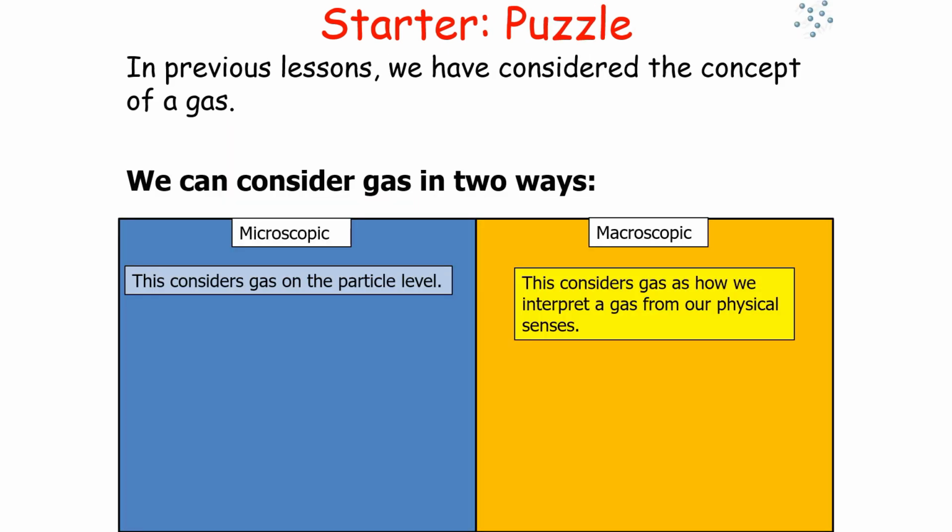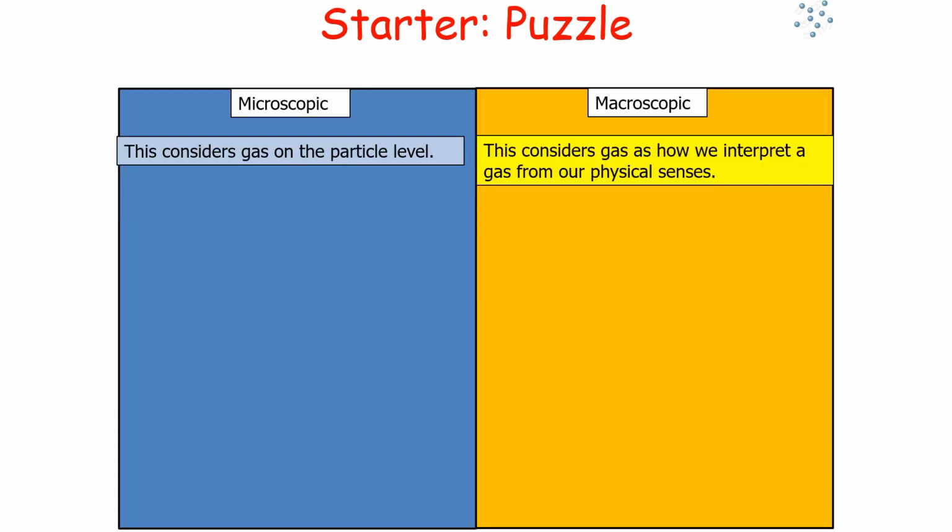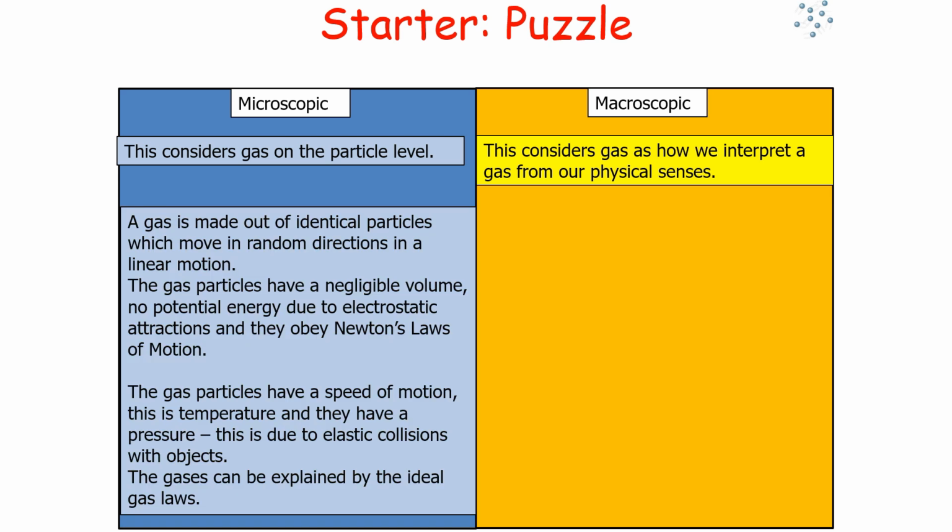So in previous lessons, we've considered the concept of a gas. Now we can consider a gas in two ways. In the microscopic way, which considers the gas on the particle level, and the macroscopic way, which considers a gas as how we interpret from our physical senses. So when we consider the microscopic, we are thinking that a gas is made out of identical particles which move in random directions in a linear motion. The gas particles have a negligible volume, no potential energy due to electrostatic attractions, and they obey Newton's laws of motion. Now the gas particles themselves have a speed of motion which links to the temperature, and they have a pressure which is due to the elastic collisions they have with objects,